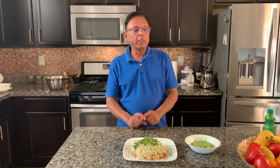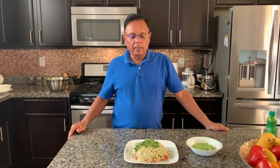This salad was introduced to me by my aunt, and we call our mother's brother's wife Mami. So Mami, my beautiful Mami, she passed away in Toronto last year, but she was very fond of cooking. She used to make the most delicious carrot cakes and upside down pineapple cakes, and